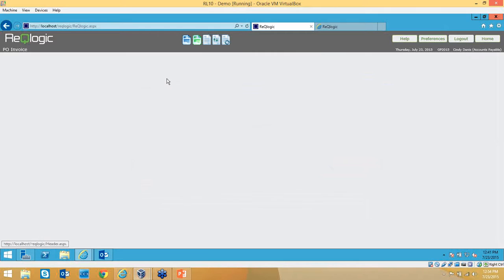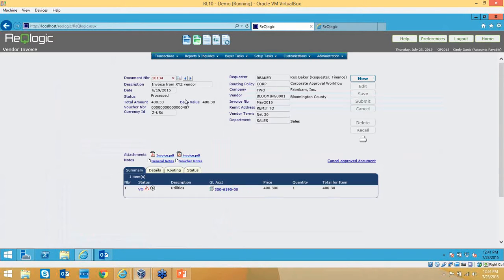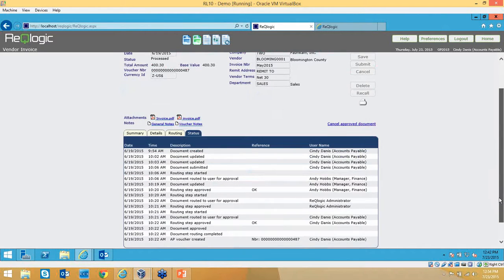We know we can also enter non-PO invoices. Here's an example of a non-PO invoice. That's an expense report. Let's look at a non-PO invoice. Same kind of thing. We have a header, we have line items, we have the invoice attached. And again, once it's been fully approved, in this case, it needs to go through two different approvers. Or we just went through one. Cindy entered it, Andy approved it. The administrator had to approve it because it was over budget, I believe, and then it went back to Cindy again